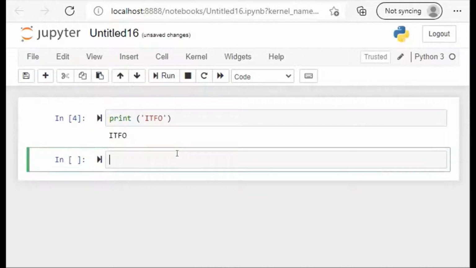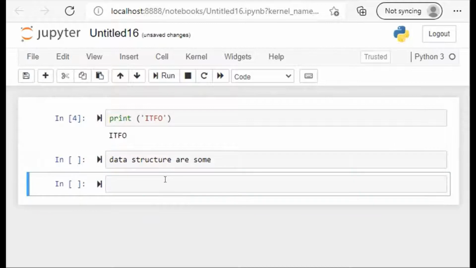Here we are going to the data structures that are somewhat different from other languages. We can say square list. First of all, create a new cell.